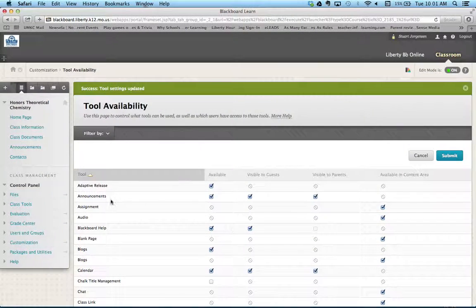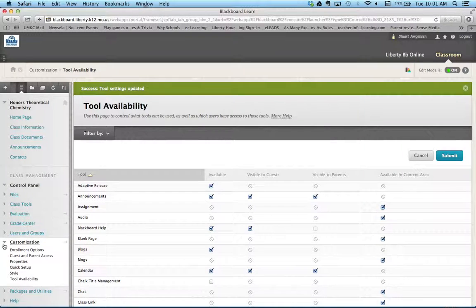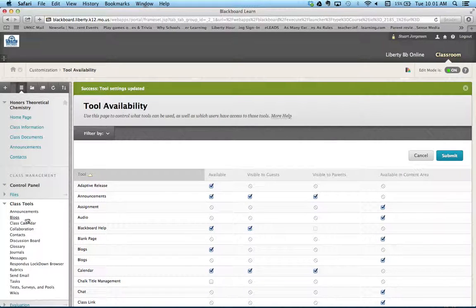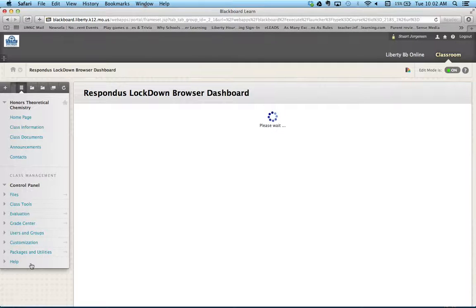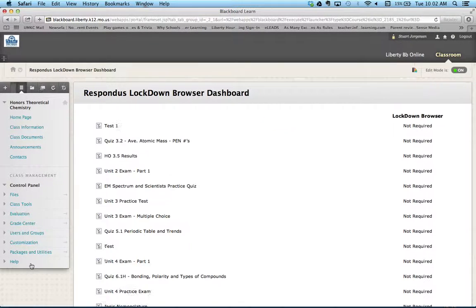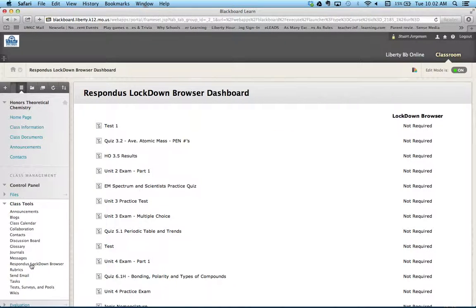We then hit Submit. Now when we go over to our control panel and select our class tools, we will see the option Respondus Lockdown Browser. From this Respondus Lockdown Browser, we can then select any quizzes that have been pre-made in Blackboard and are currently launched on your Blackboard site. Please note that this will not pull any quizzes that you are still working on. It has to have been launched on your Blackboard site before you can see it appear under your Lockdown Browser